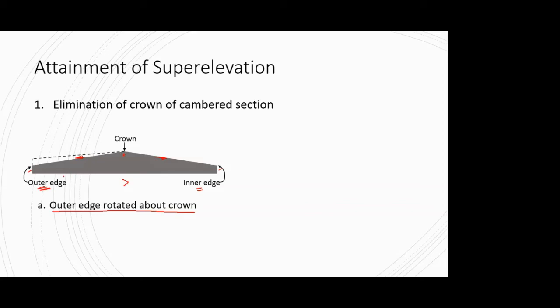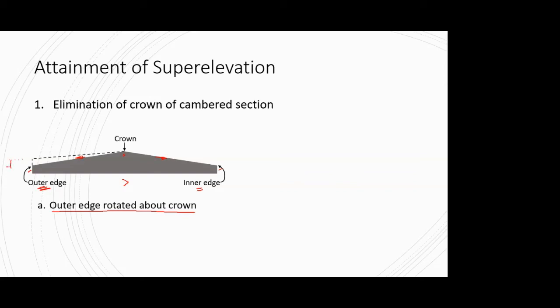If you follow the diagram, I have drawn a dotted line over here. What we are doing is raising the outer edge. But if you have to raise the outer edge by some amount, we can't suddenly raise it. In that case it will lead to accidents, because geometrically it will not be a correct thing to do on site. So you have to raise this outer edge gradually. Firstly, I raise it by this much amount.